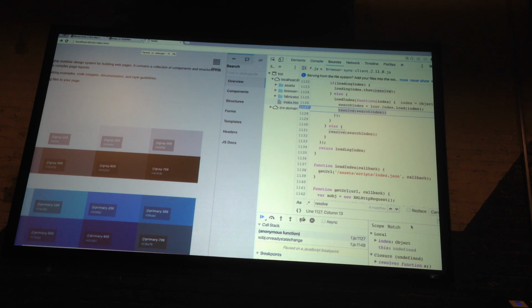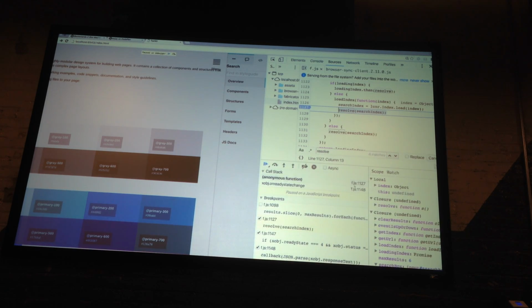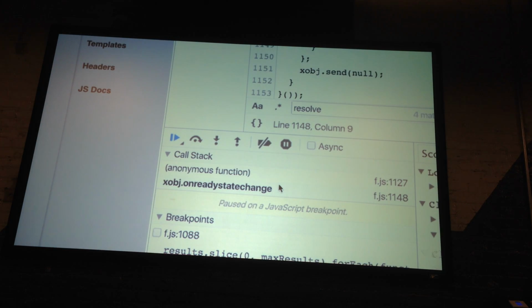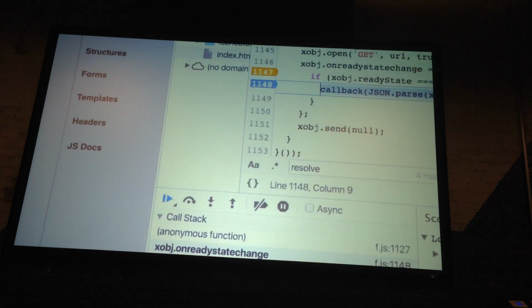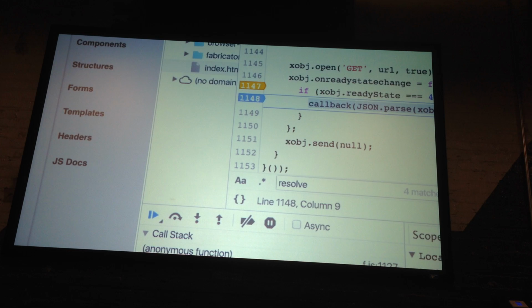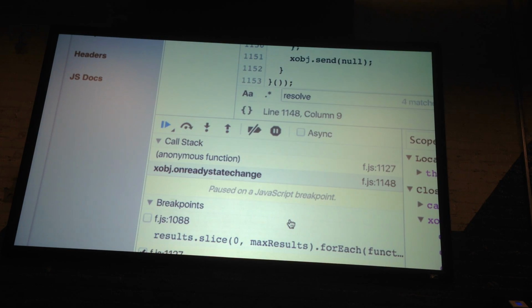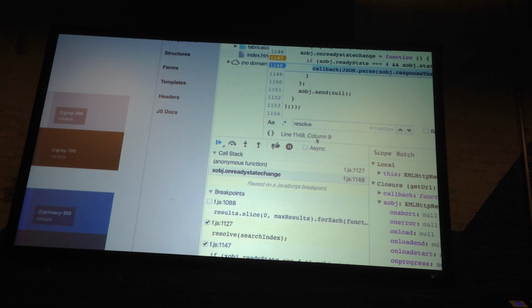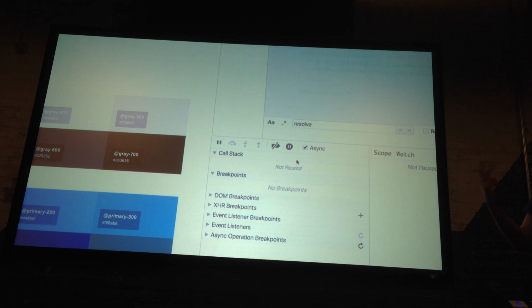So the call stack is only 2 lines deep. It's got this anonymous function, and it's got this object on ready state change, which we had defined up here. So that's all the call stack is. The reason why it's short is because, again, Chrome wants to throw away that stuff as references. So we can only navigate back in time 2 different places. So if I tick this asynchronous box and I reload,